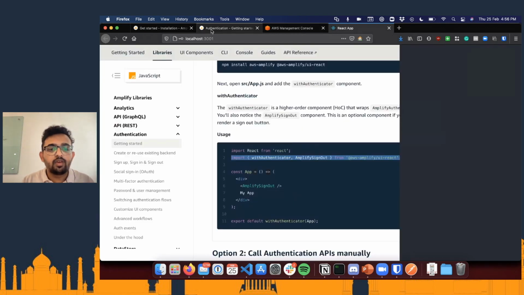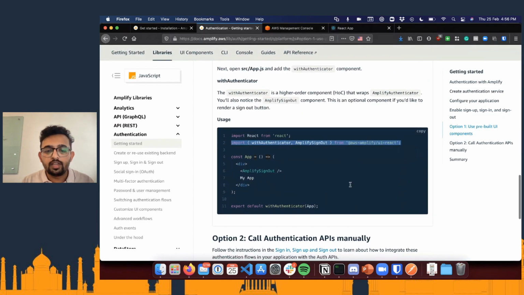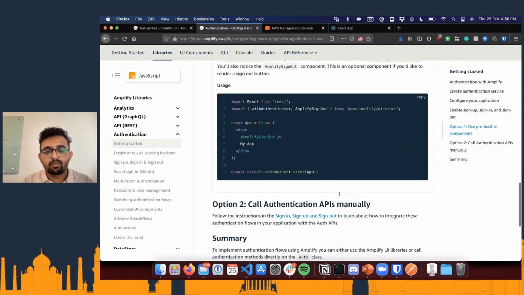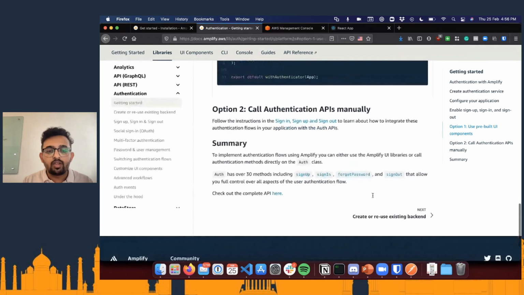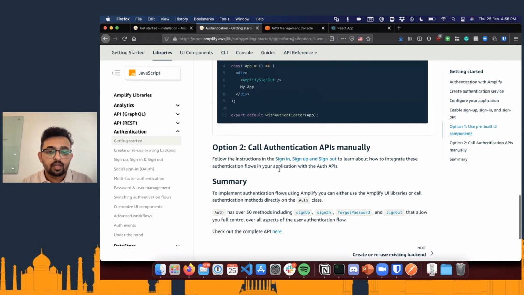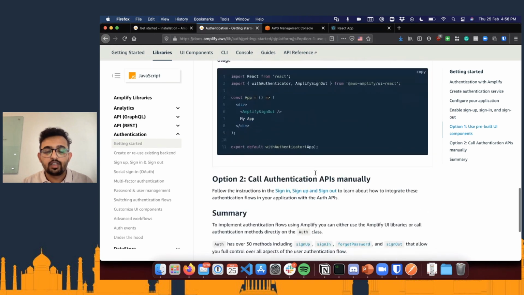And just to give you a little more on authentication, we used readily available components which were provided by Amplify, but you can also manually call all these functions. You can customize the UI which is coming from Amplify, but if you want to do completely your own UI, you can do that and use these functions which are exposed under Auth.